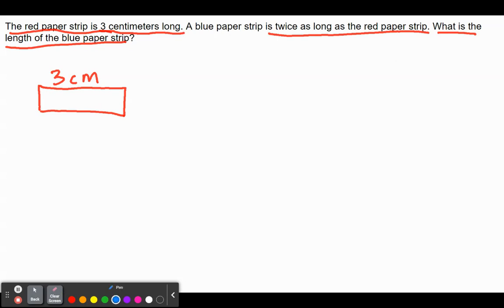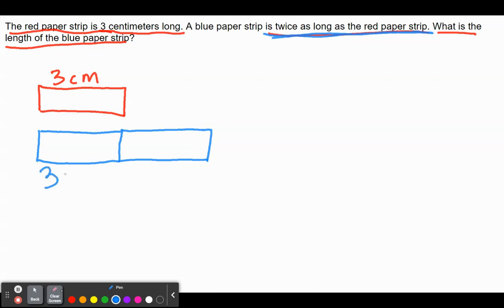Now let's look at our blue paper strip. So the blue paper strip is twice as long as the red paper strip. So I know that the blue paper strip is twice as long as the red paper strip, and we're going to kind of approximate over here. So we know that if it's twice as long, it's 2 times as long. So that means this square is 3 centimeters and this square is 3 centimeters. So we're going to go ahead and use this as our strip diagram to figure out how long the blue